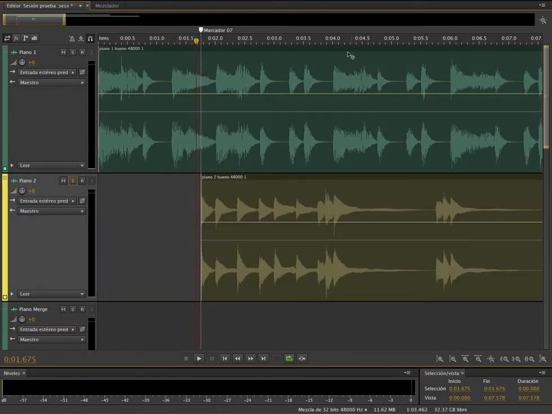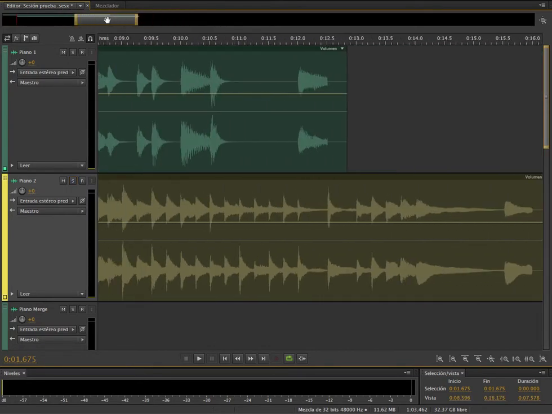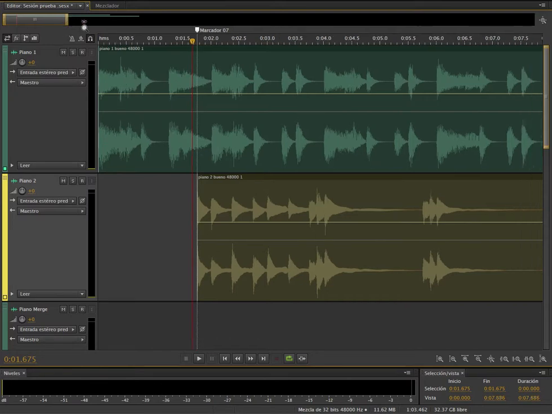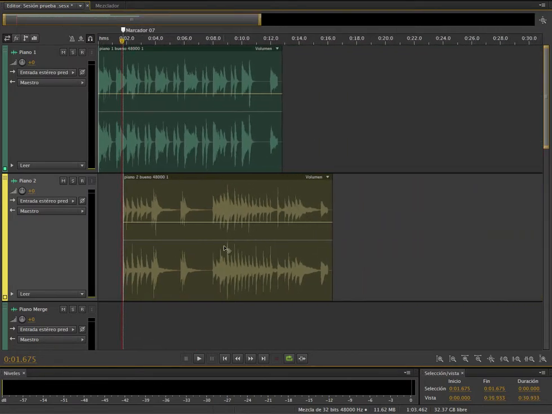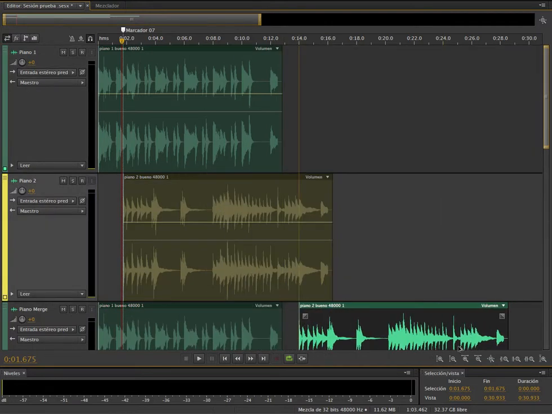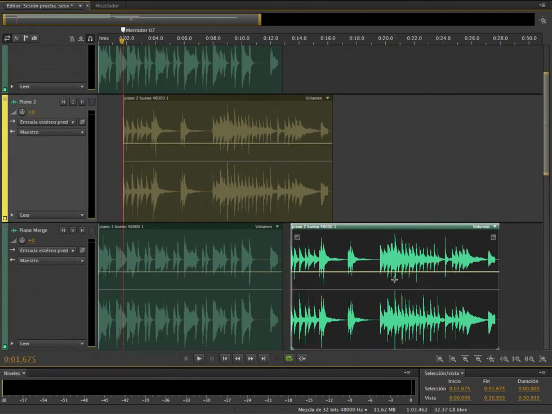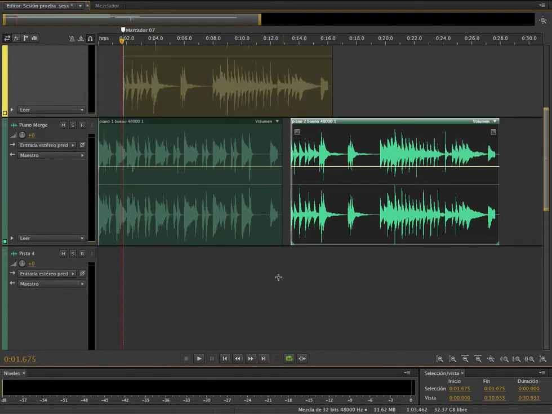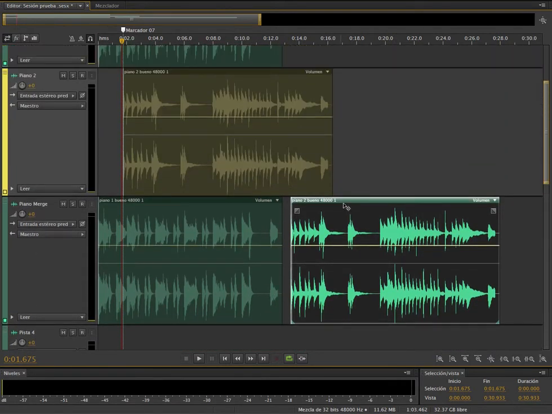Okay, next part, I'm going to make a crossfade between the two tracks, but first I'm going to merge them. So I'm going to copy to a third track in case I don't like what the merge tool makes. Okay, I use my cursor with the option button to copy them with a shortcut. Okay, let's see. I don't want this part also. I'm pointing with my cursor. I'm going to trim it,